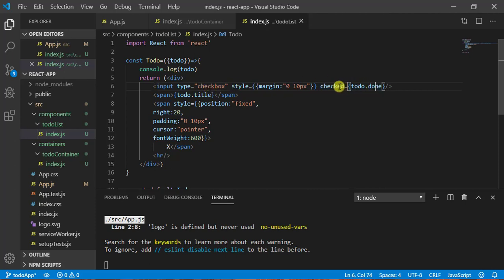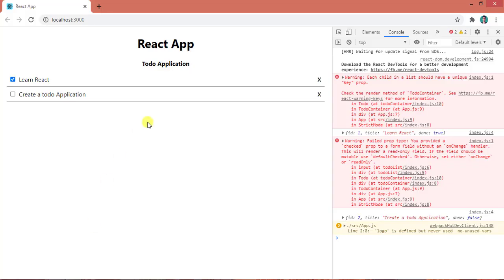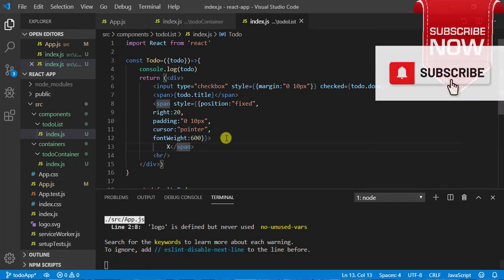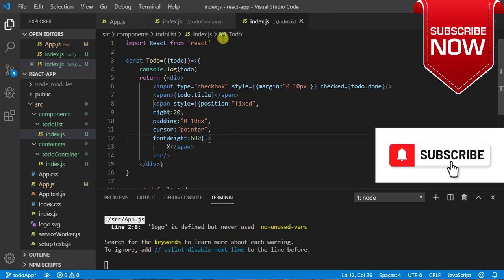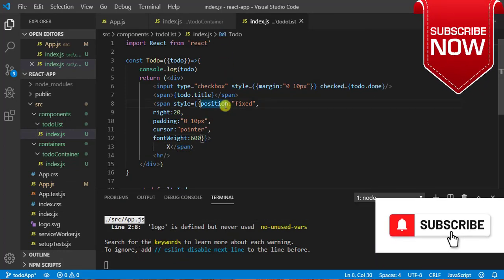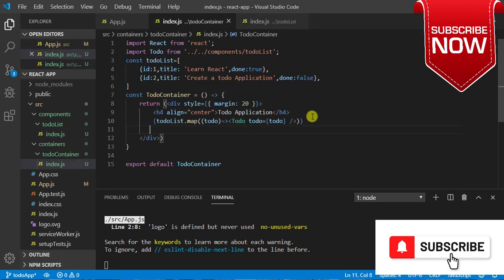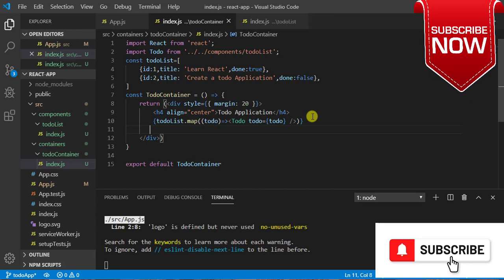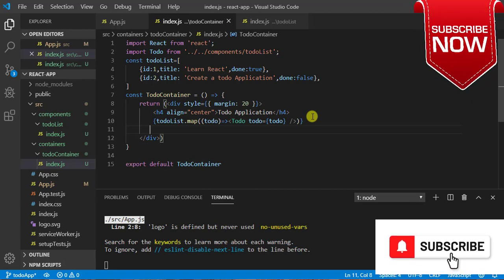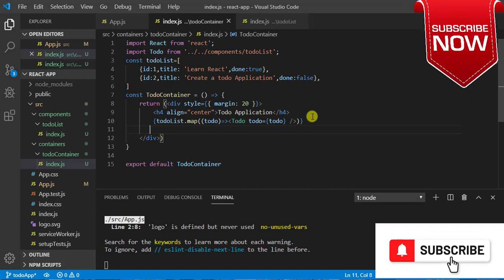Based on that it will make the checkbox checked or unchecked, here I will print the title, and this is for the delete icon. The HR will be this horizontal line, okay guys. So that's it for this video. We have designed this todo component successfully, and whatever todos we have here we are displaying. In the next video we will try to add a new todo to this component, okay guys.